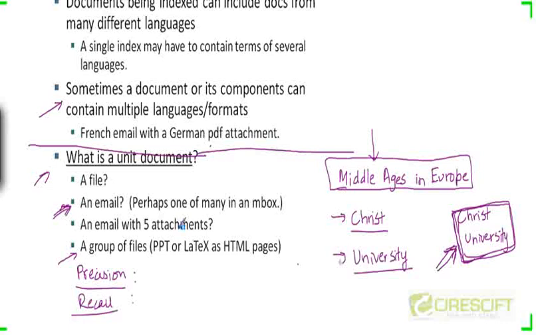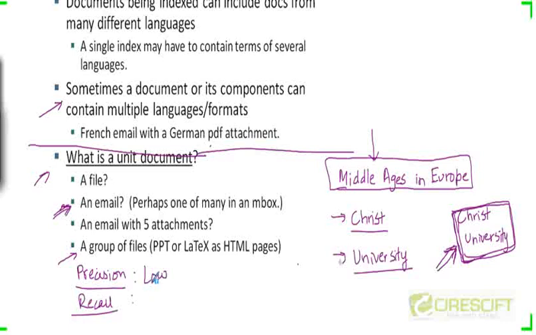Precision is the fraction of retrieved documents that are relevant, and recall is the fraction of relevant documents that are retrieved. Yeah. So if in your sequence of results you're getting a lot of irrelevant documents, as you will in this case, because you'll get many books which mention Christ and university, but not appearing next to each other, but appearing in totally unrelated ways somewhere inside the book, you're going to get all those books in your result. So that would be low precision,